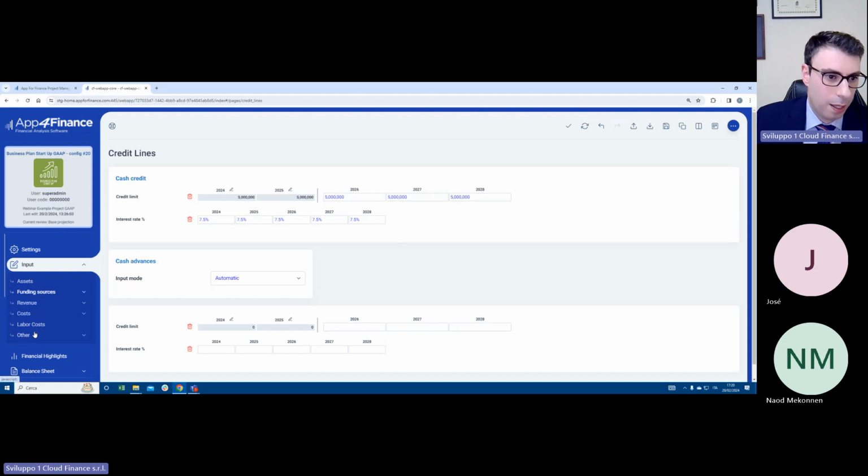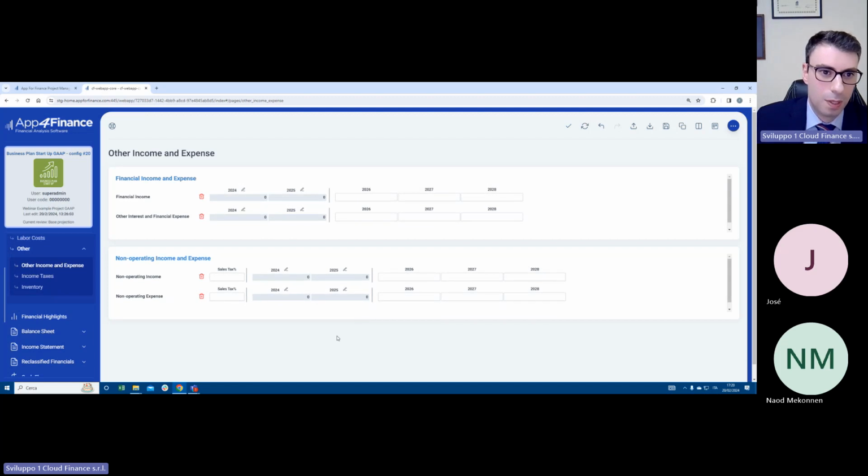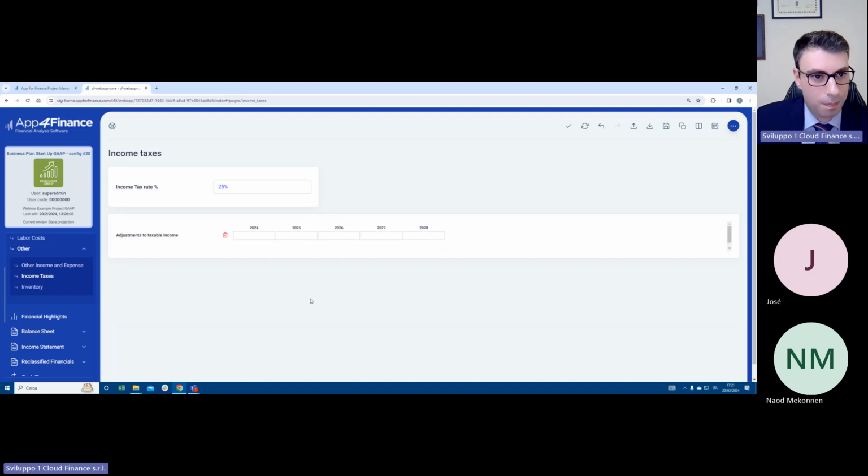Let's take a look at the remaining input section right here that allows you to simulate some other business events in the form of additional income and expenses, financial income, non-operating income and expenses. You can edit some parameters here like the income tax rate, or apply some adjustments to the taxable income, which is automatically calculated by the application. You can plan for your inventory